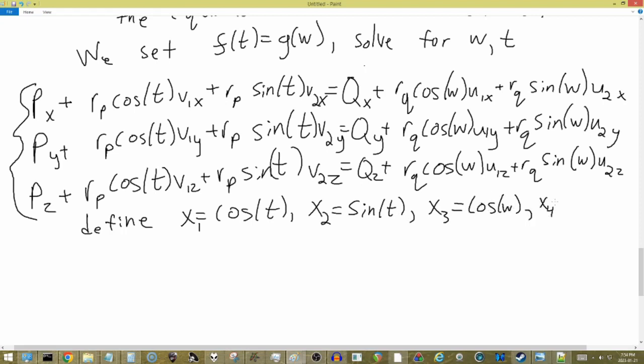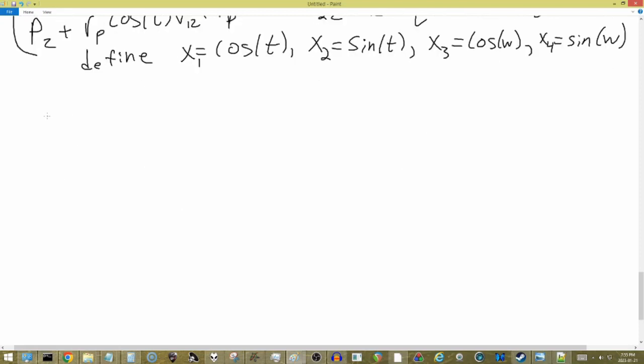And x4 equals sine of w. And then x1, 2, 3, and 4 are the variables that we're trying to solve for with these three equations. Doesn't seem like enough, but it will work. So basically, we got the system